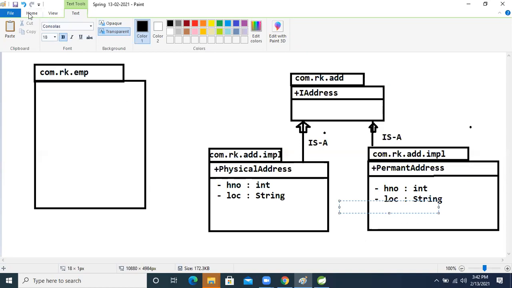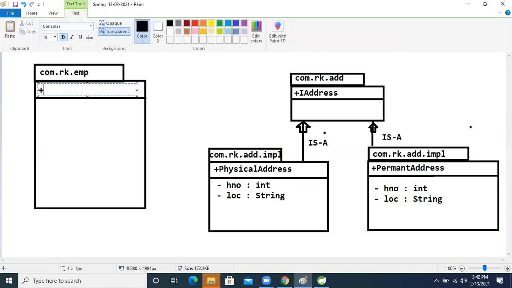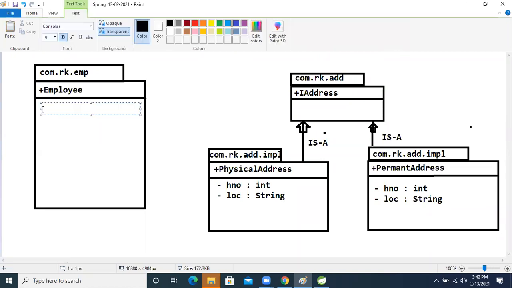But what we are going to do now, again here, in that employee class, what is the package name and what is the class name? We will decide the class name here only. The class name is public Employee. It has how many fields? Okay, private emp id, which is int data type. Second, minus emp name, which is String data type.